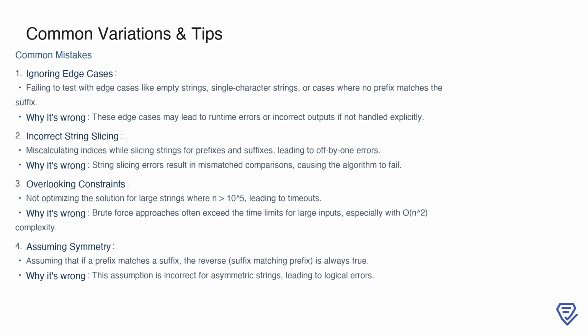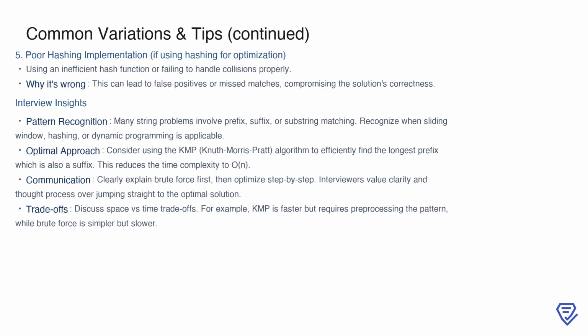It's also crucial to optimize for constraints, especially for large strings where n exceeds 10 to the power of 5. Brute force approaches, with their O(n squared) complexity, often time out for such inputs. Finally, assuming symmetry between prefixes and suffixes is another pitfall. Just because a prefix matches a suffix doesn't mean the reverse is true, particularly for asymmetric strings. This assumption can lead to logical errors in your implementation. Additionally, poor hashing implementation can be a significant issue, especially if you're using hashing to optimize comparisons. An inefficient hash function or failure to handle collisions properly can result in false positives or missed matches, compromising the